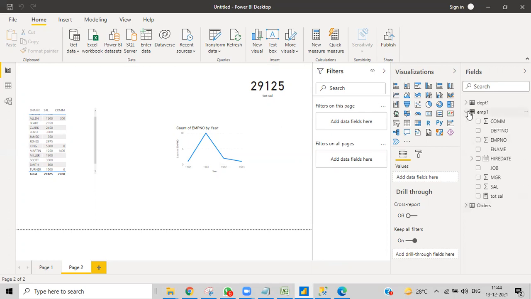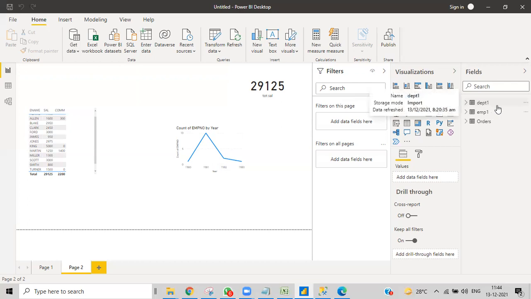I got my order tables, and then I'll create a dim date table and use it over here, so that you don't need to do that.